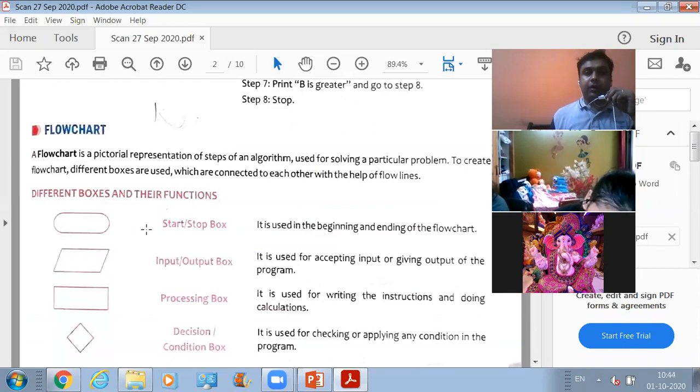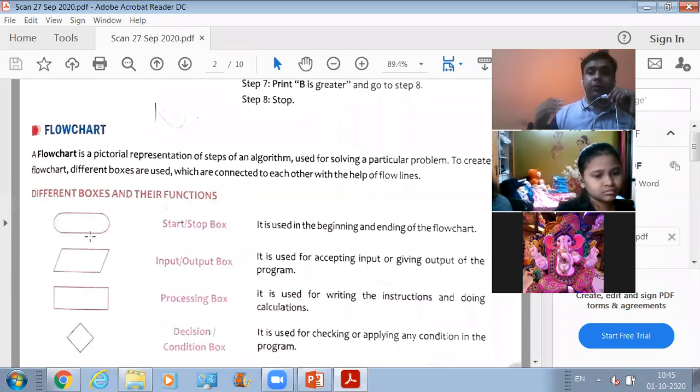Now let's check out the different boxes which we use for writing an algorithm and their functions also. So this is the first box that we use for defining the starting point and ending point. What is the keyword with which we define the starting point? It is start.